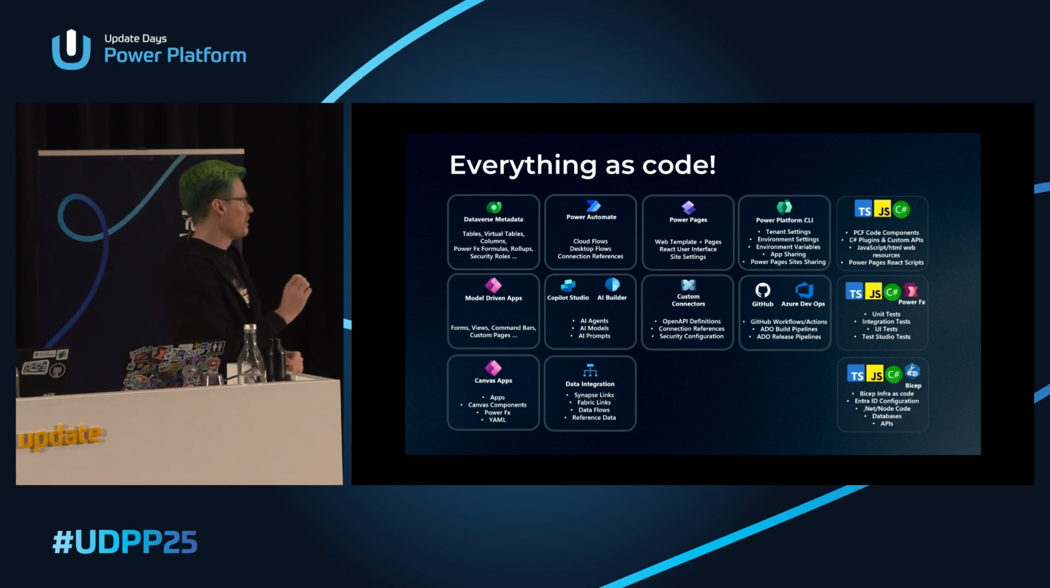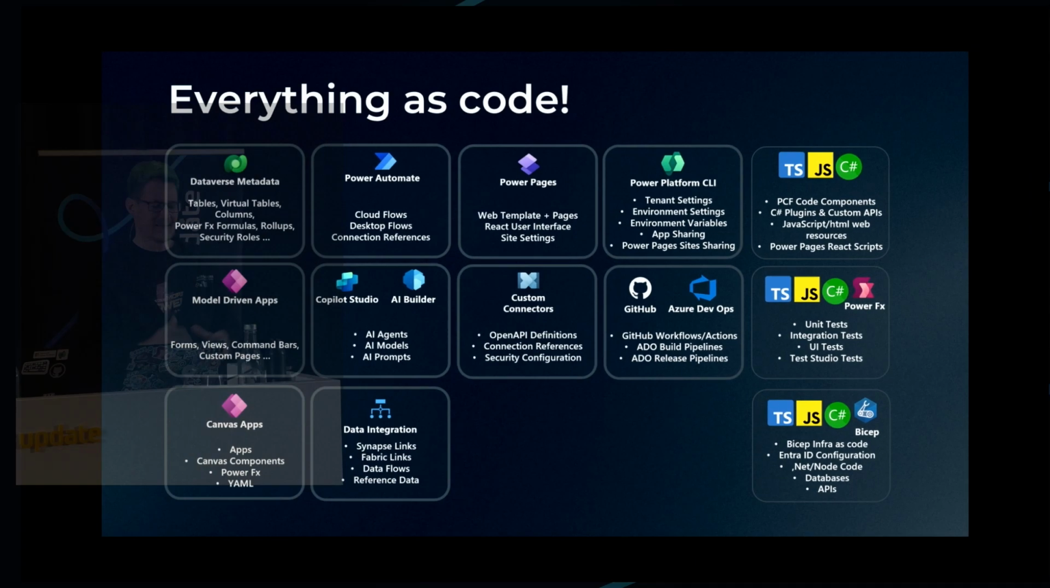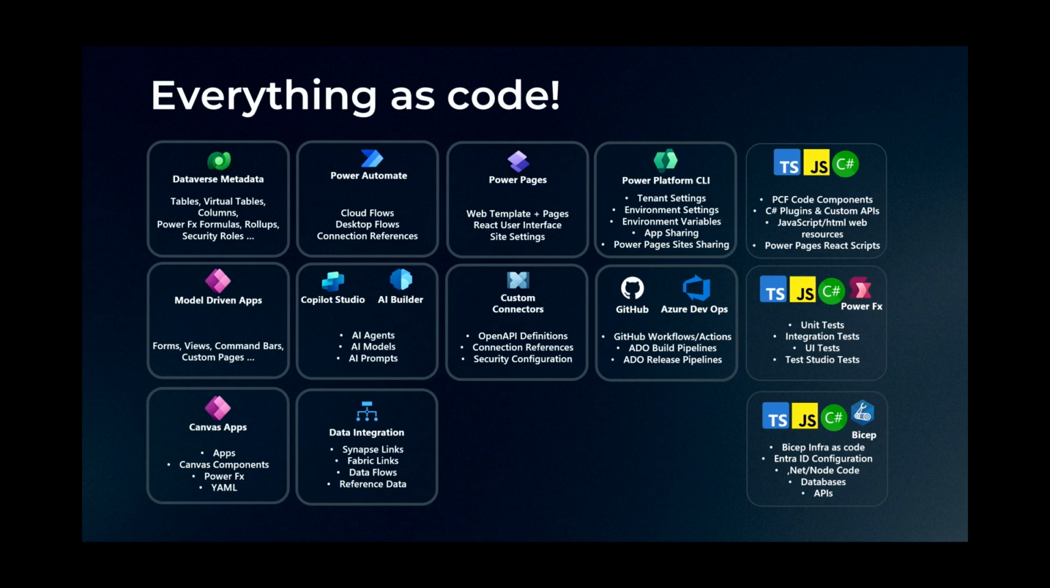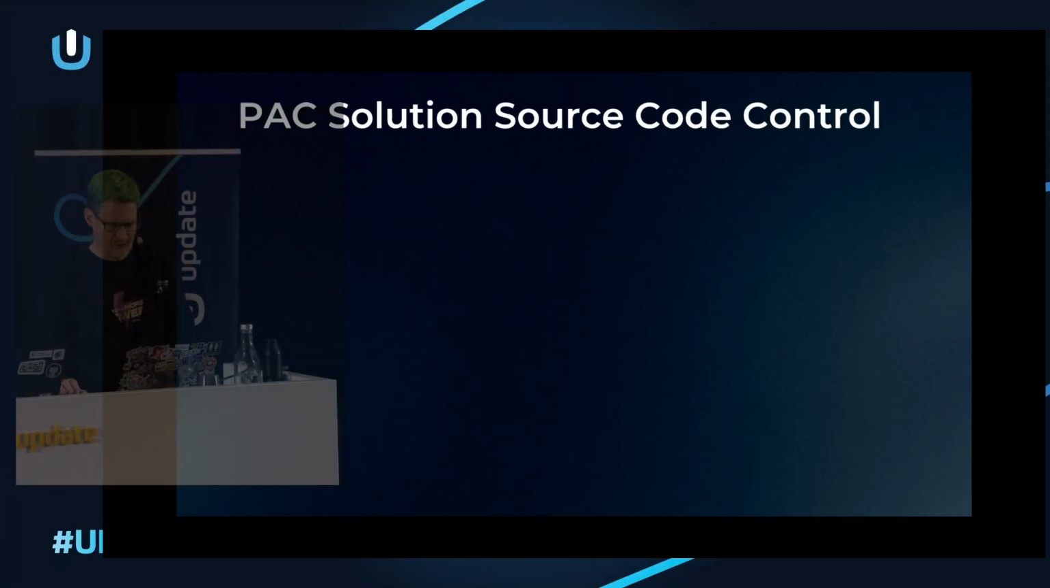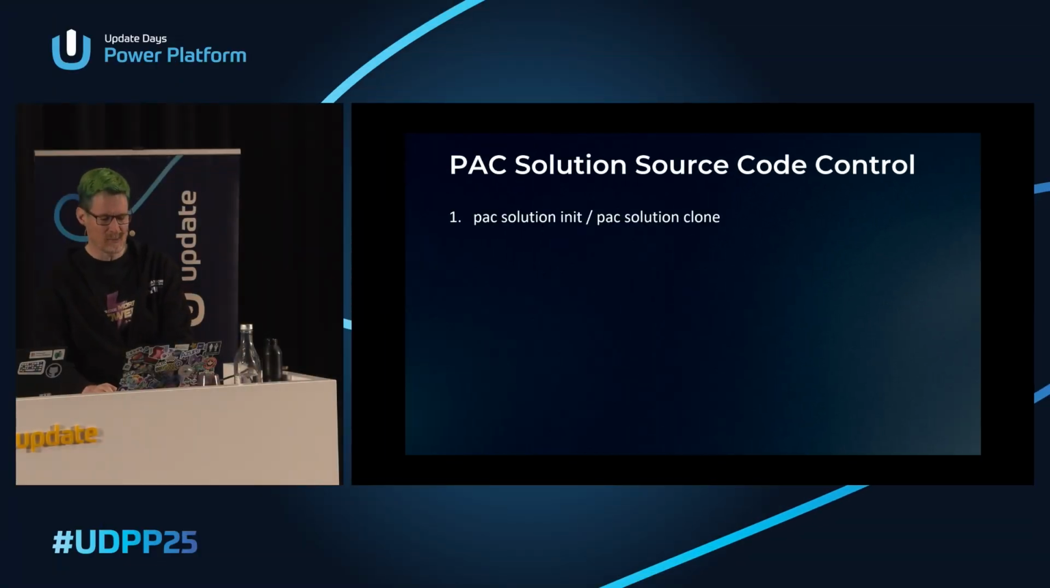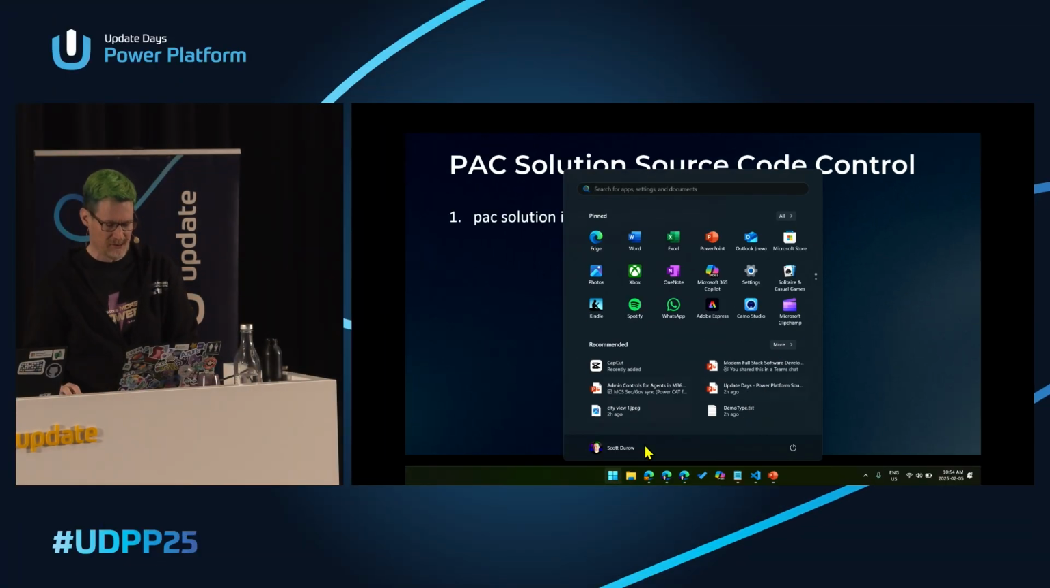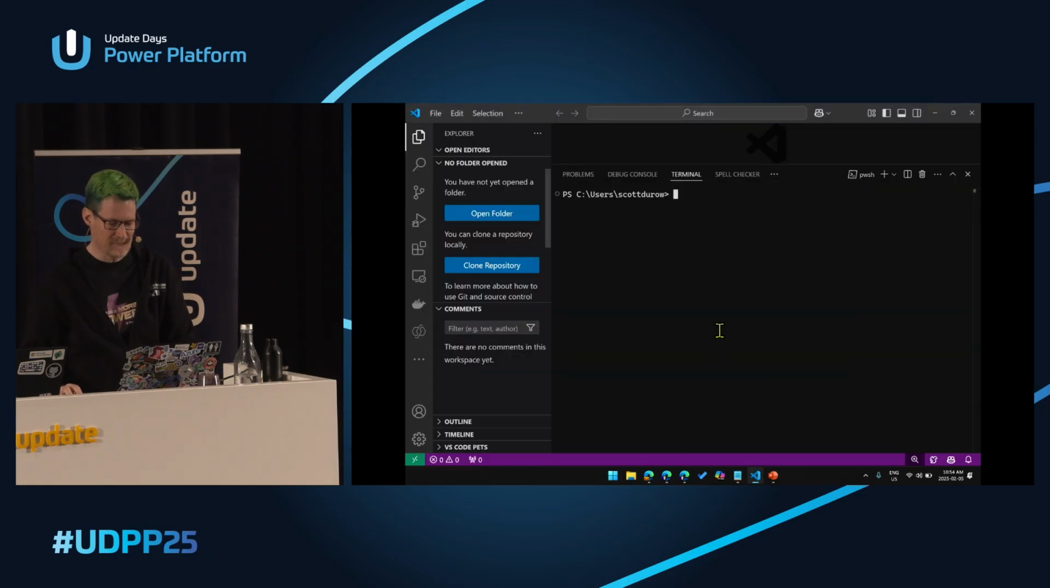This is the most important part: all of the metadata from Dataverse, the Power Automate flows, Power Pages, model-driven apps, all of those things, as well as all of our C# and TypeScript alongside that. What that means is that we can use the Pack CLI, and I'm going to show how that works, okay? So here is